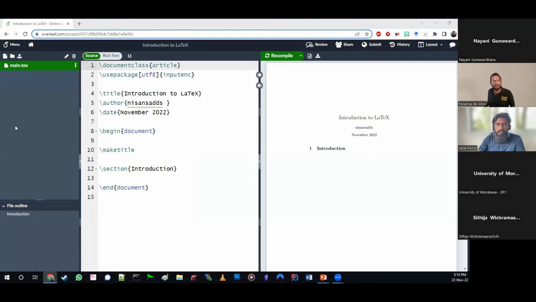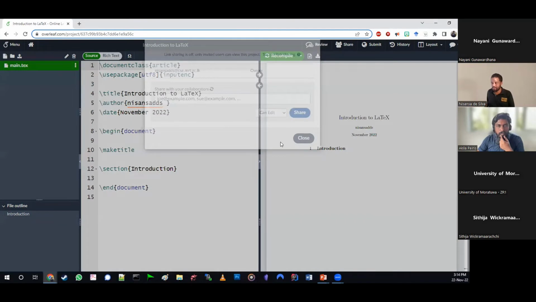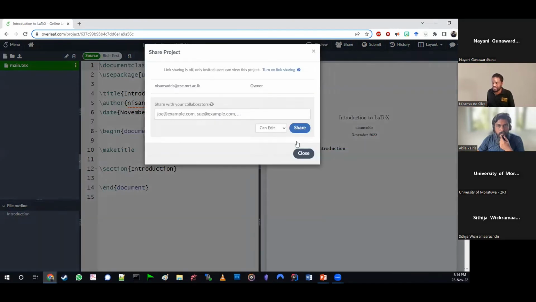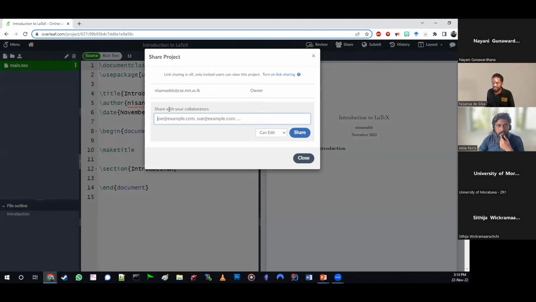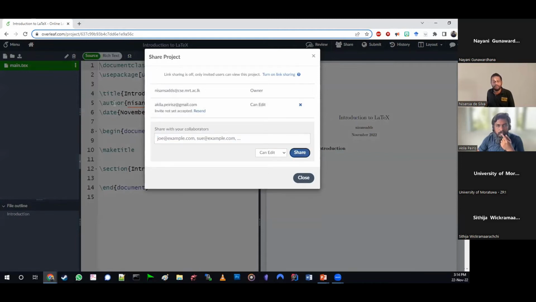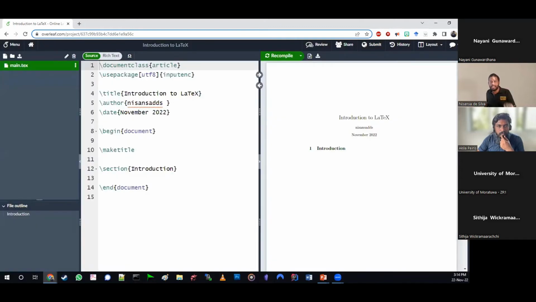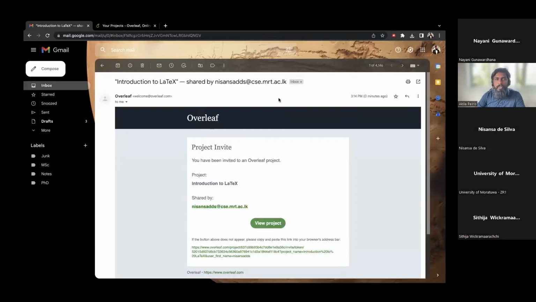So what I'm now going to do is give collaborative access to Mr. Akhil. I'm going to add him as a collaborator over here and share it with him. Now I'm going to stop sharing and get Mr. Akhil to share his screen so that you can see how he accepts my invitation. I get an email like this once I have been invited to an Overleaf project.